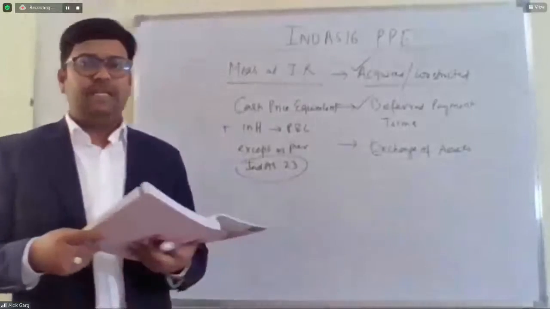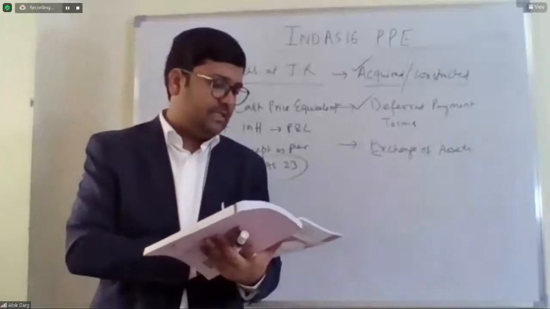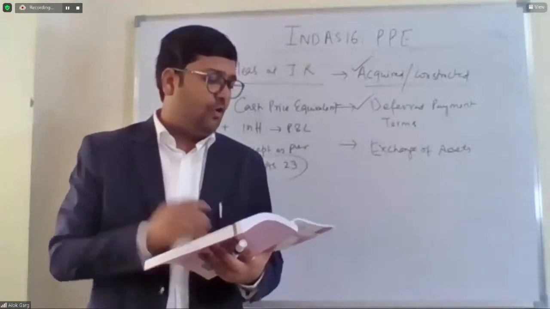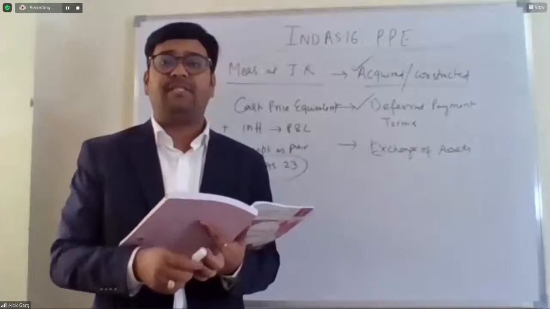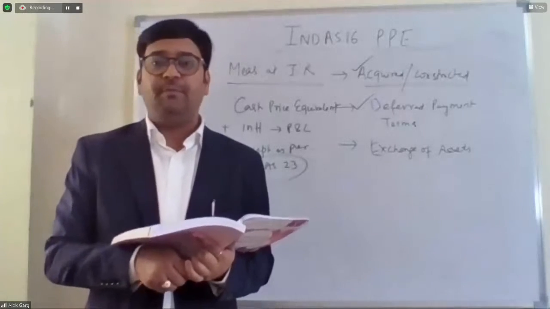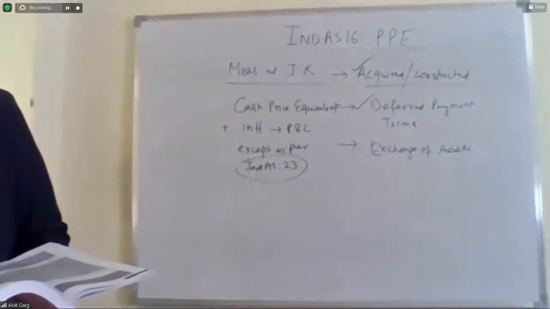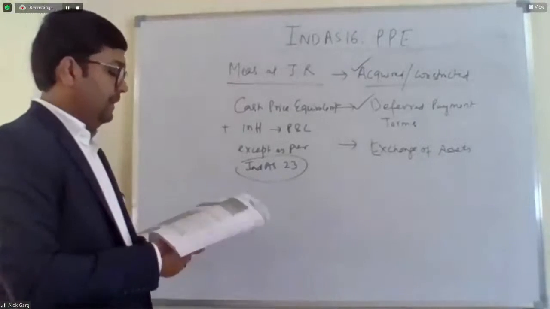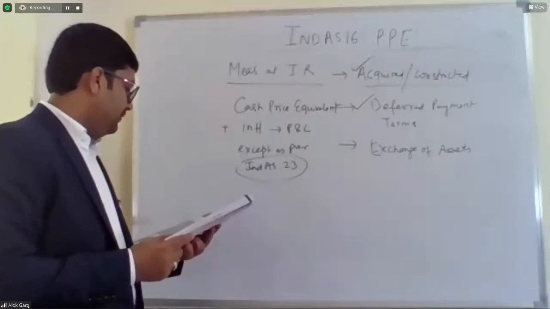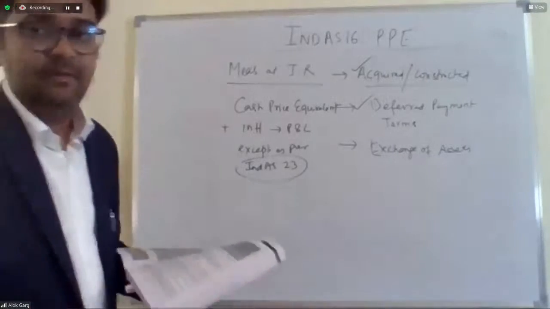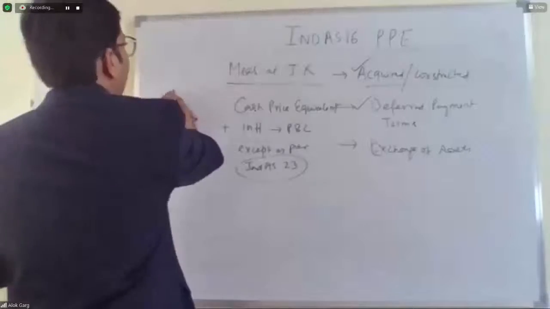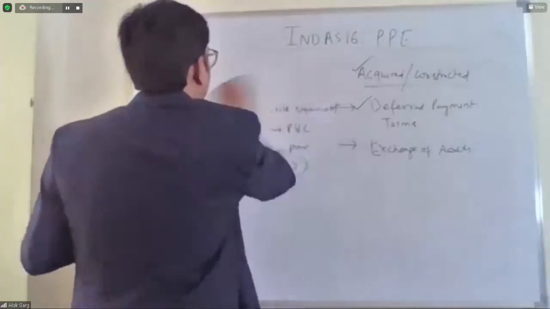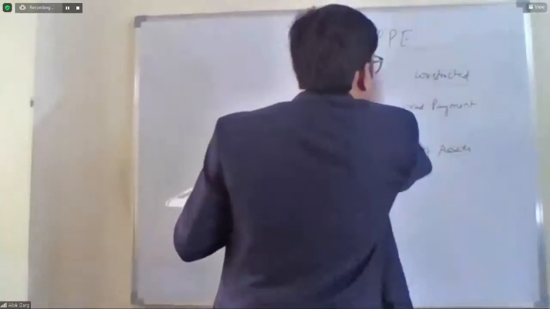Okay, so there is a question, illustration number 1 on deferred payment credit at page number 7.38. It would be great if you can open that particular question. Page number 7.38, illustration number 1. If you look at that particular illustration, it talks about